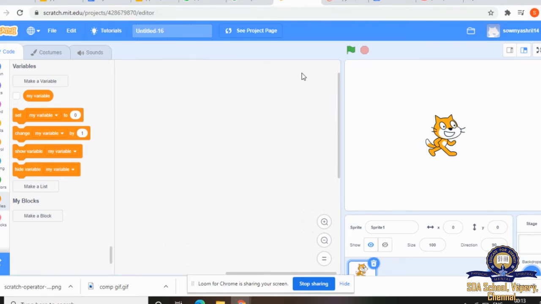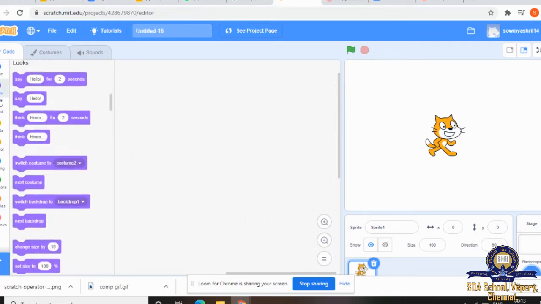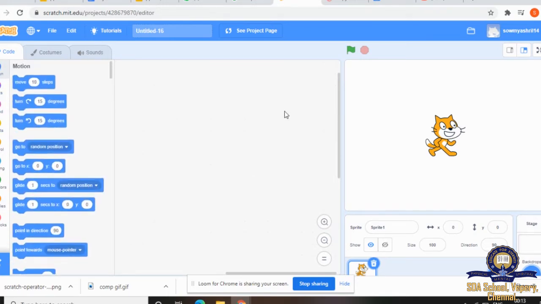If you have an account in Scratch, you can create lots of projects, according to your wish. First, we'll see multiple backdrops. So first we'll create a sprite, script and everything. First I'll create a script for this sprite.